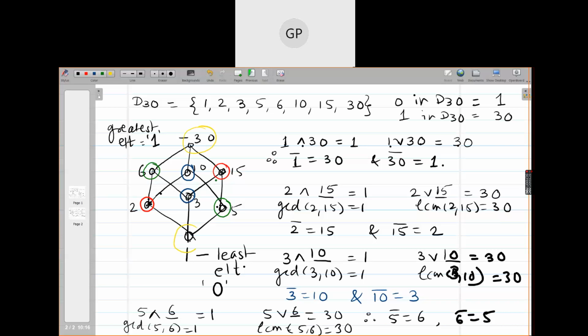You have to always remember कि here complement of every element exists actually, but it is not necessary in every poset that complement exists, or in every lattice the complement exists. It is not necessary. Okay? Here it is giving us. But the complement of the least element and the greatest element always exist, because the complement of the least element is the greatest element and conversely. So whenever you have a bounded lattice, at least you will have the complements of the least and the greatest elements. Is that clear?